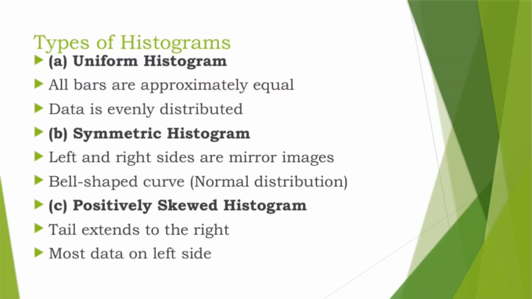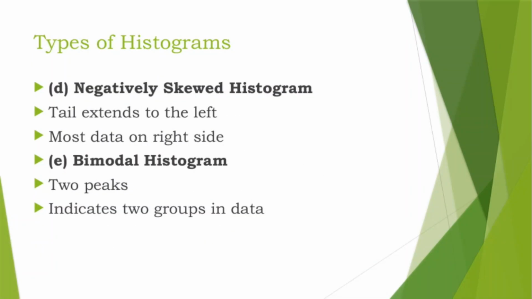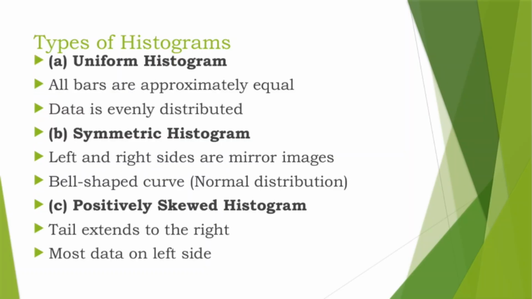A positively skewed distribution has a longer tail extending toward higher values, indicating that a small number of observations are significantly larger than the majority. Conversely, a negatively skewed distribution has a longer tail extending toward lower values, indicating that some observations are much smaller than the rest. Histograms may also display uniform distributions where frequencies are nearly equal across intervals, or bimodal and